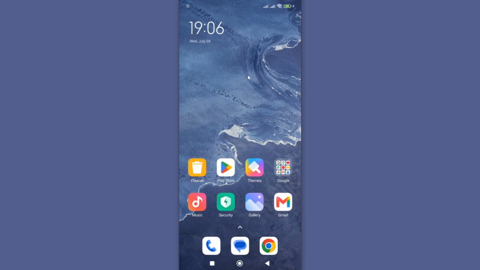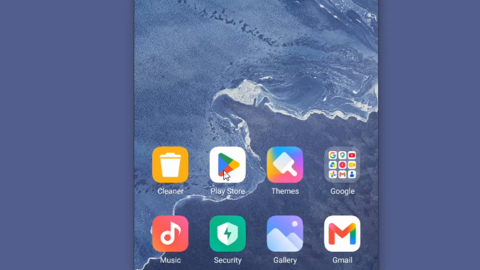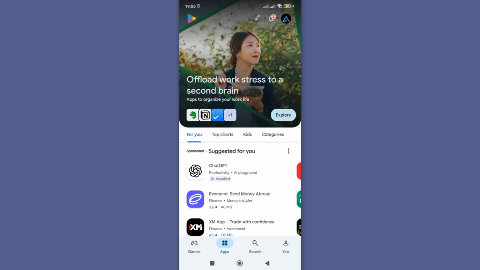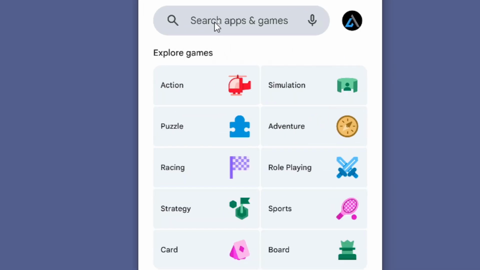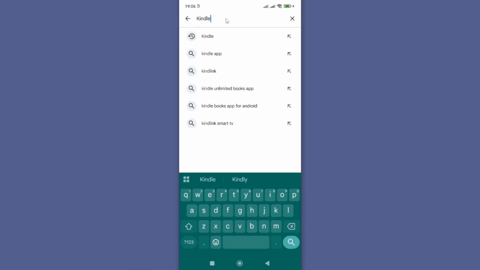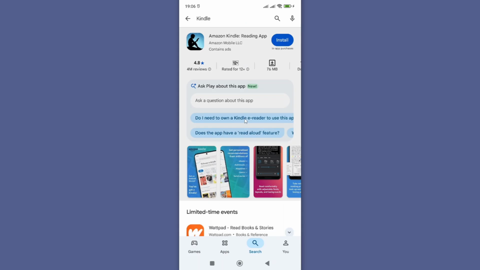Alright, to get started, you need to go to Google Play Store app if you're on Android smartphone like me, or App Store if you're on iPhone. So I'll tap on Google Play Store and here I'll activate search. Now under search here, you can search for your app by name. So if I tap on this, I'll just enter Kindle, and if I run my search, now we have our